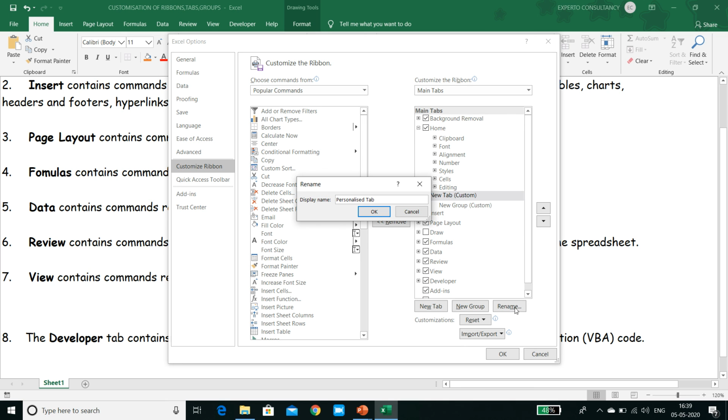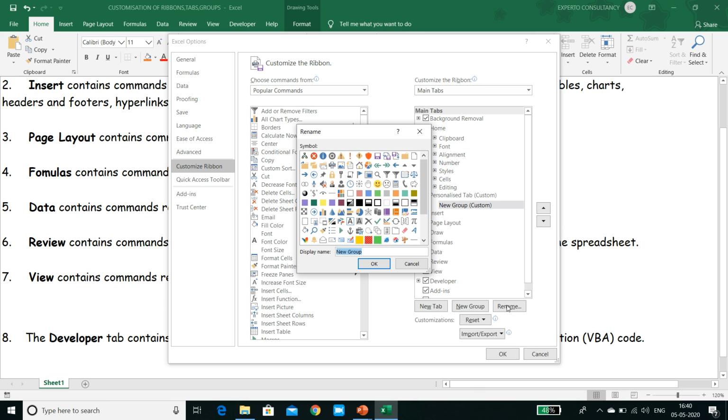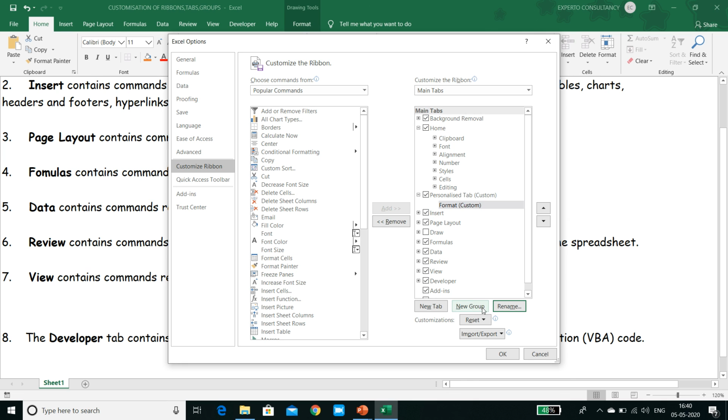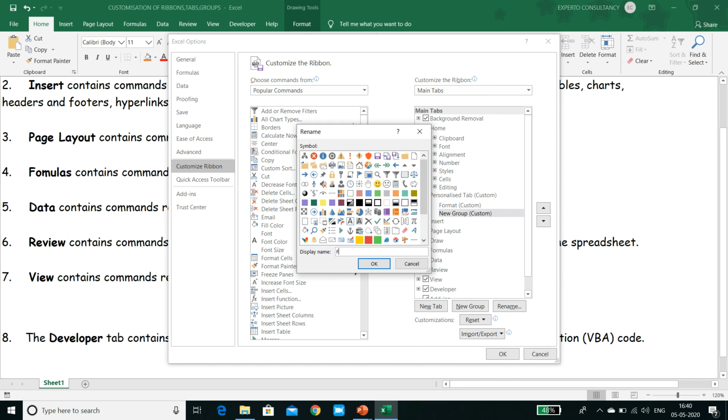Personalized tab. Okay. Let's add the group. One group is there. Let's rename it. Format. And let's add one more group. Let's rename it also. Let's say formulas and function.